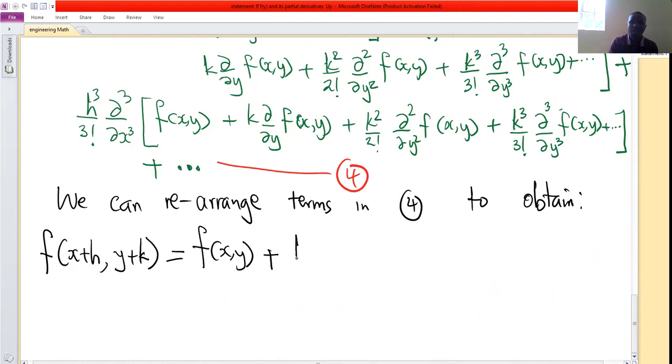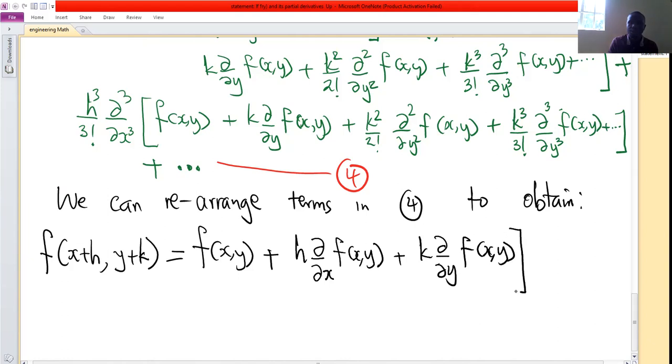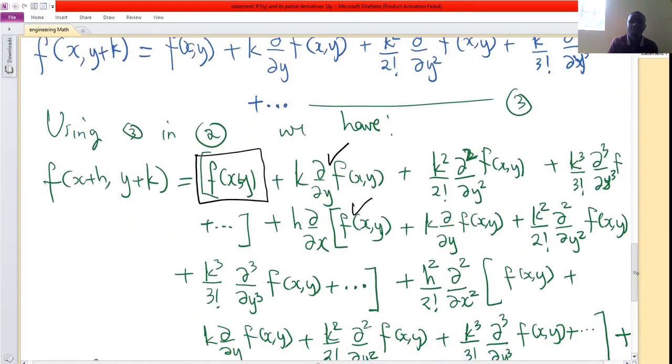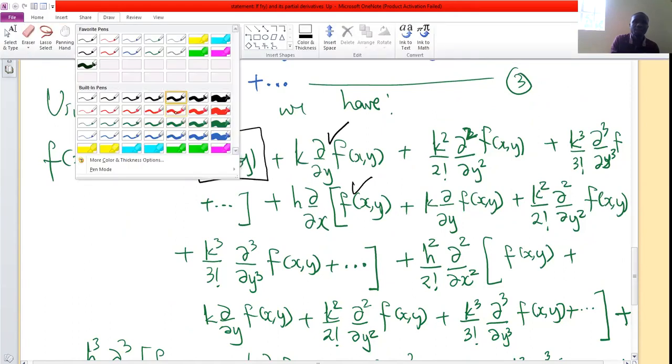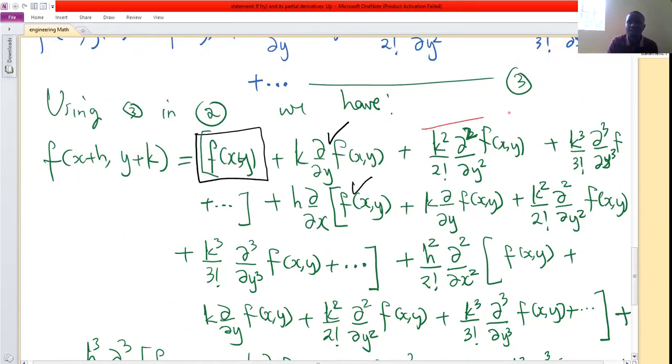So I can write h partial x f of (x, y) plus k partial y f of (x, y). So I put this one in brackets. So these are the only terms with only one partial derivative. So let me go to those ones which have second order partial derivatives. So for those with second order partial derivatives, I'll have this term,